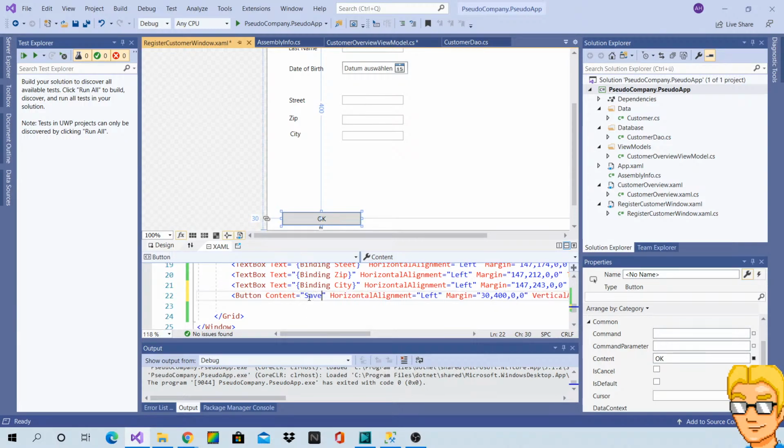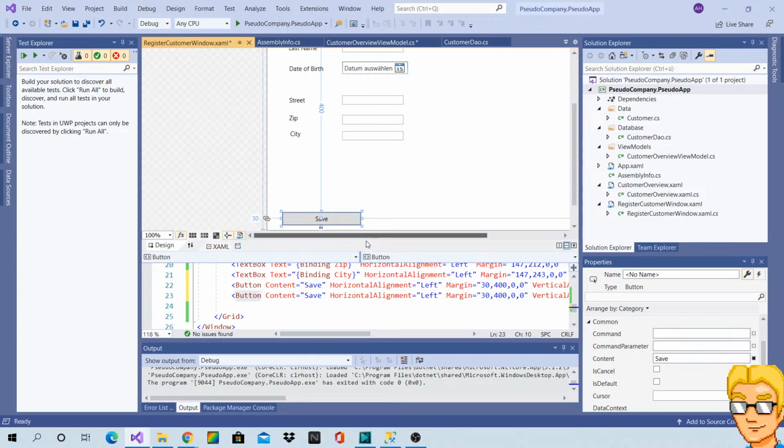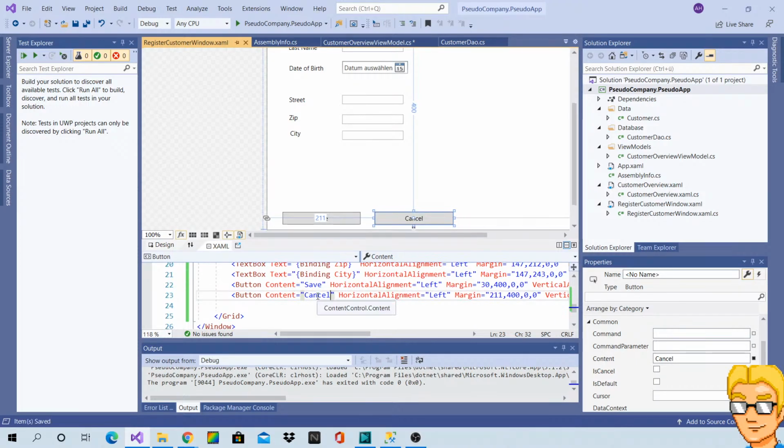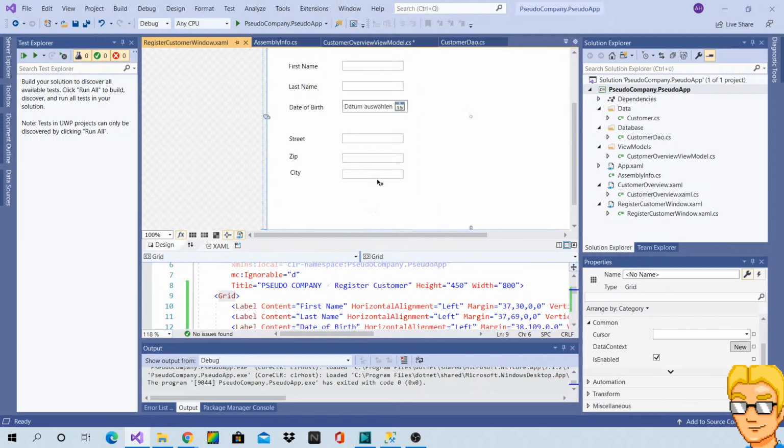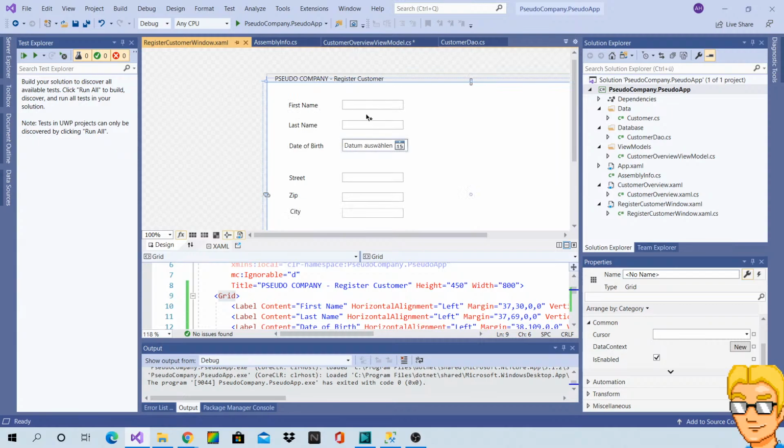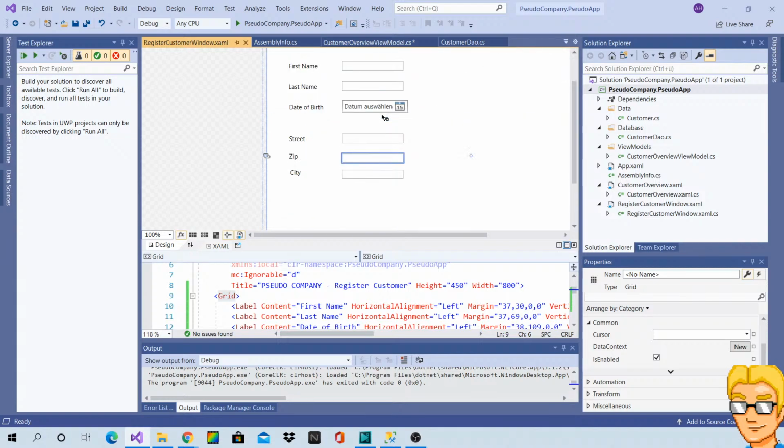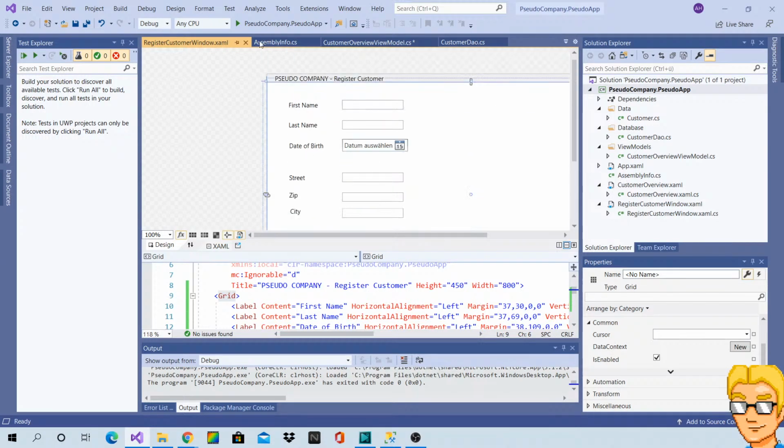Let's say save. Cancel. There. That should do the trick, right? Now we need a view model for this.